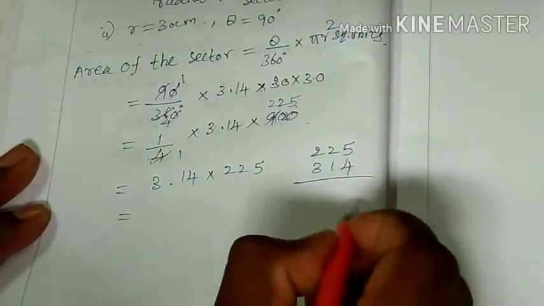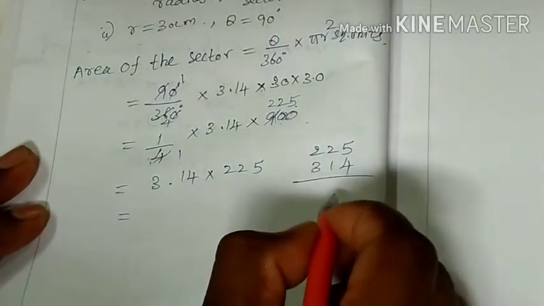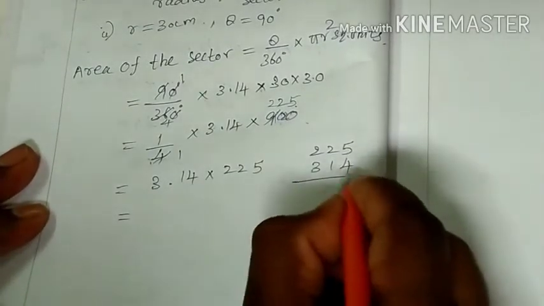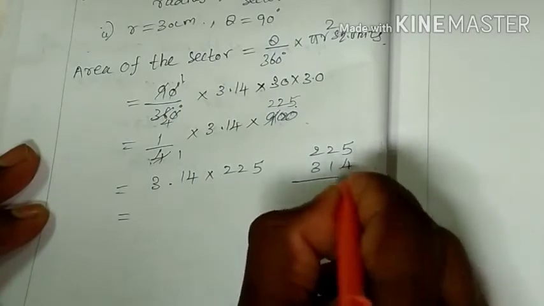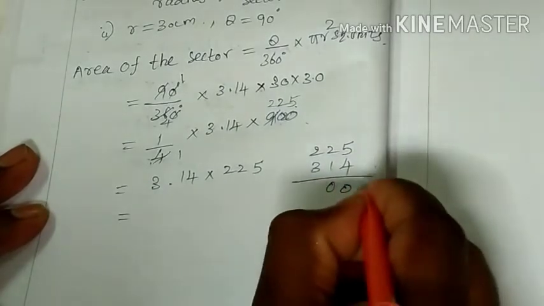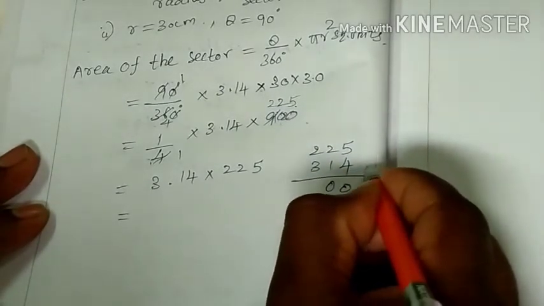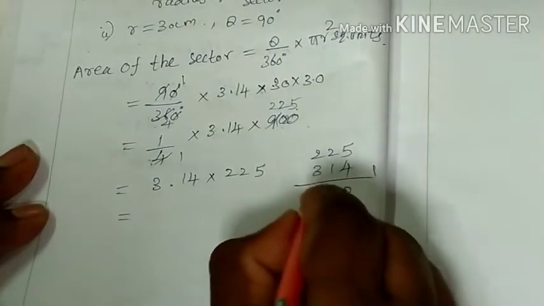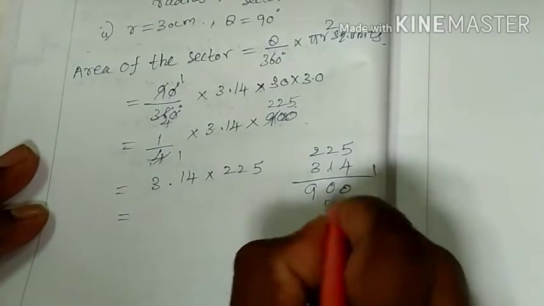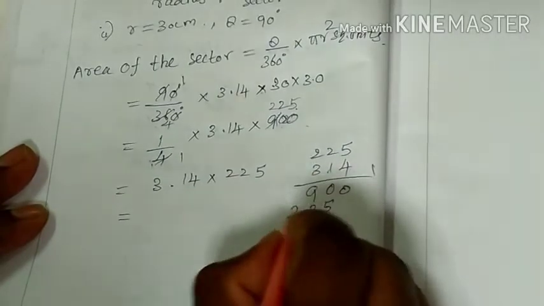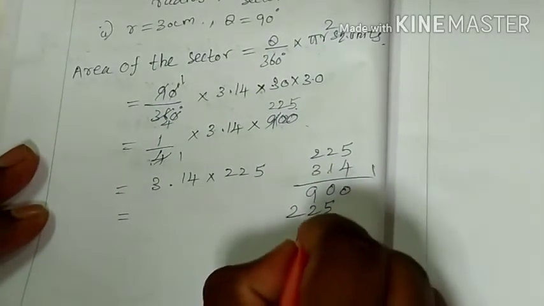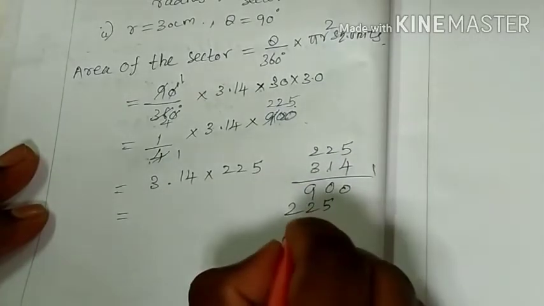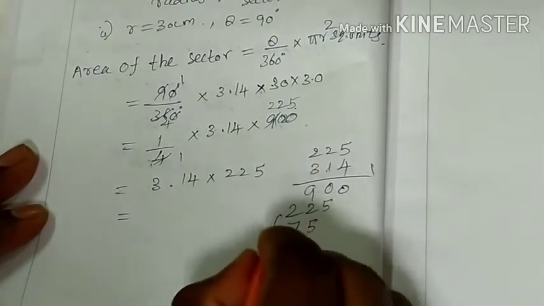First write the numbers, then find the answer after making the decimal. 5 4s are 20, carry 2. 2 4s are 8 plus 2, 10. Then 1. 4 2s are 8, 8 plus 1, 9. Then 1 5 is 5, 1 2 is 2, 1 2 is 2. Then 3 5s are 15, carry 1. And 2 3s are 6 plus 1, 7. And 2 3s are 6.